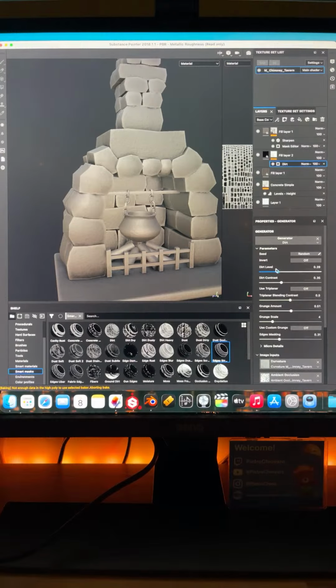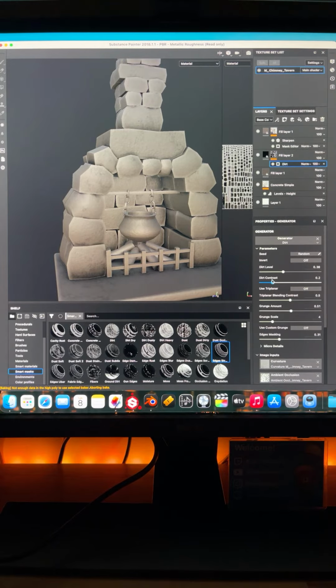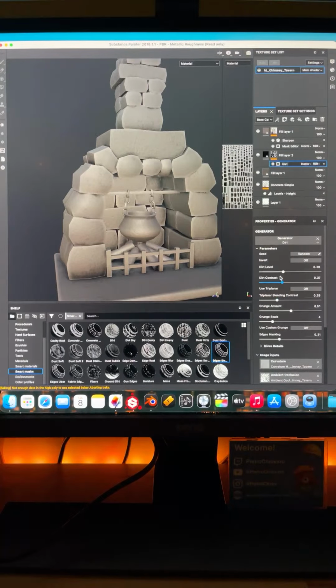That's too much, we can decrease it. Decrease even the contrast, so get a bit more of dirtiness here and there. And